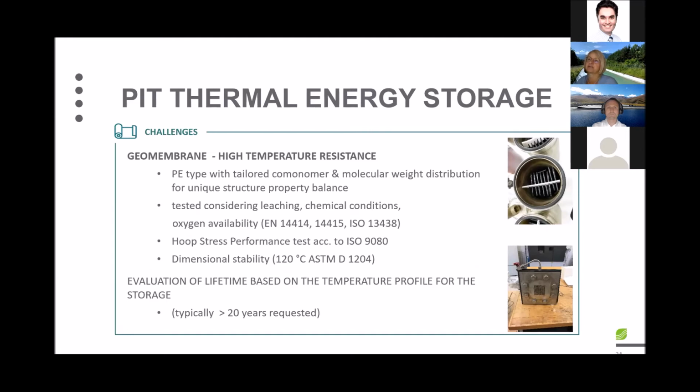Those polyethylene types have tailored comonomer and molecular weight distribution for a unique structural property balance. They offer good processability, good heat seal properties, and mechanical strength, toughness, tear, and stress crack resistance. They have been evaluated in different testing procedures, such as leaching procedures and chemical immersion tests, and such tests are covered in EN and ISO norms. The suppliers have tested their materials in hoop stress performance tests according to ISO 9018, which also considers different